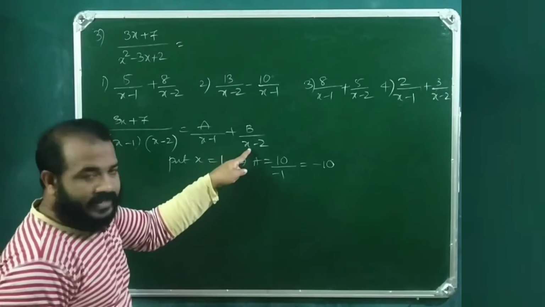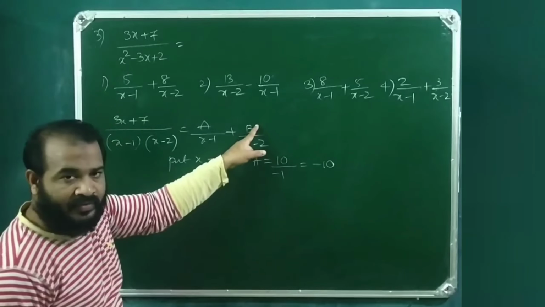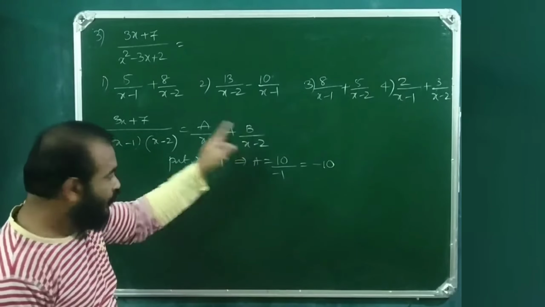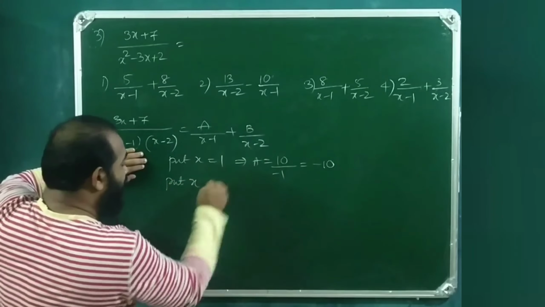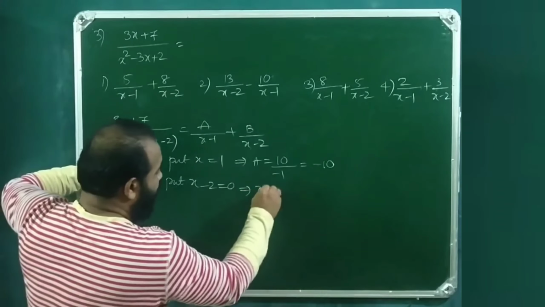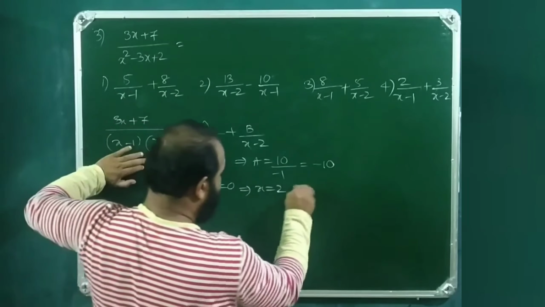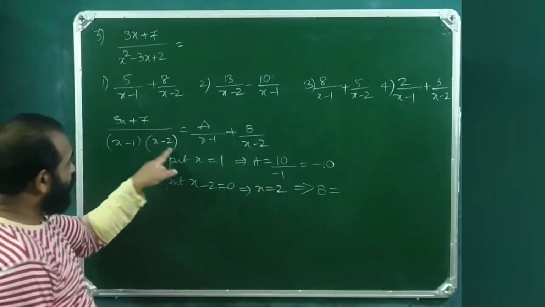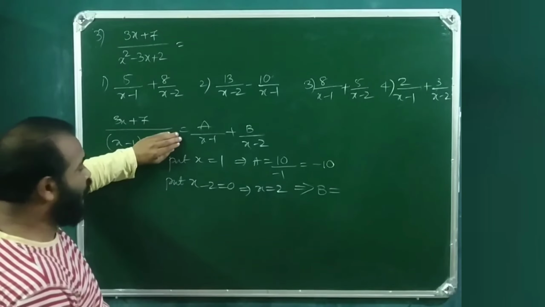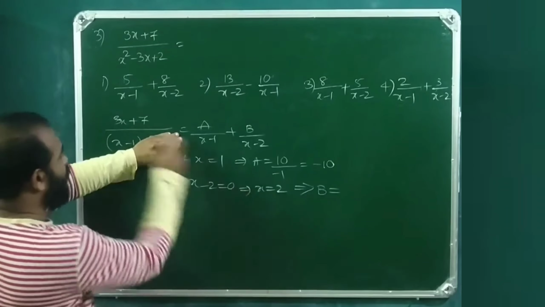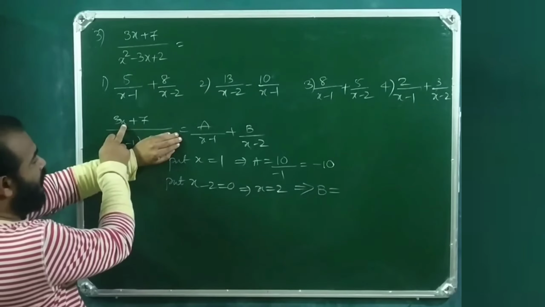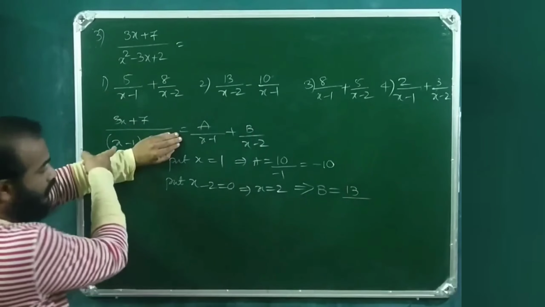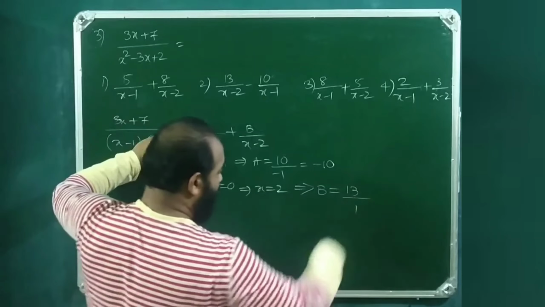Again, to obtain the value of b, whatever is in the denominator of b, you equate it to 0. So put x minus 2 equals 0, x equals 2. So that implies b is equal to, so x equals 2, this you cover. So substitute x equals 2 in this. 3 2s are 6 plus 7, 13 by 2 minus 1. So this is 13. So therefore,